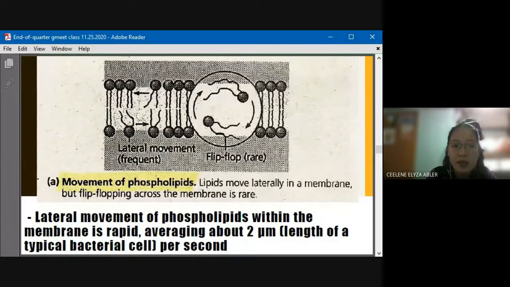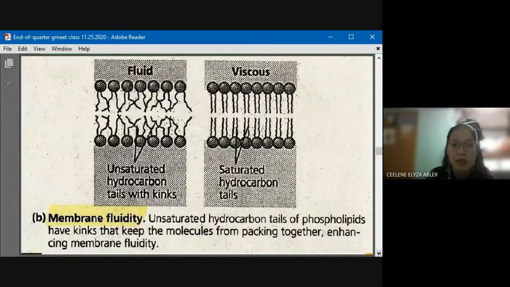Pero this movement is allowing certain substances to diffuse in and out of your cell. Ito siya na kind of movement. Kaya needed ng phospholipid to move around. It's because it has to allow certain substances to go through your cell, to diffuse into your cell. Okay. Another one is that, bakit ma'am, anong naaman dyan saturated, dyan unsaturated na tails, phospholipid tails? Bakit may ganun siya? It's because the saturated and unsaturated are the ones that are responsible for the fluidity of